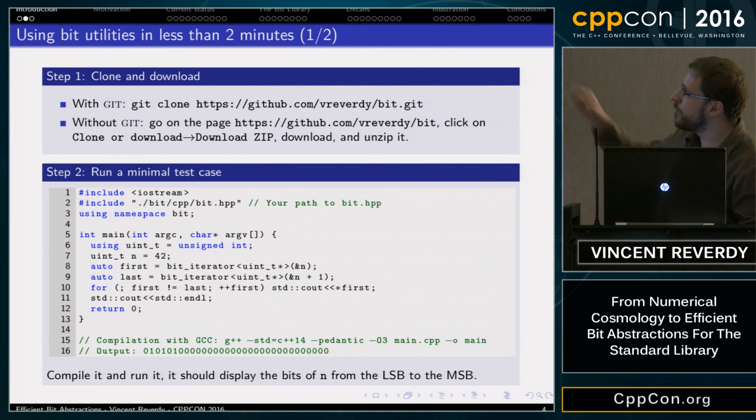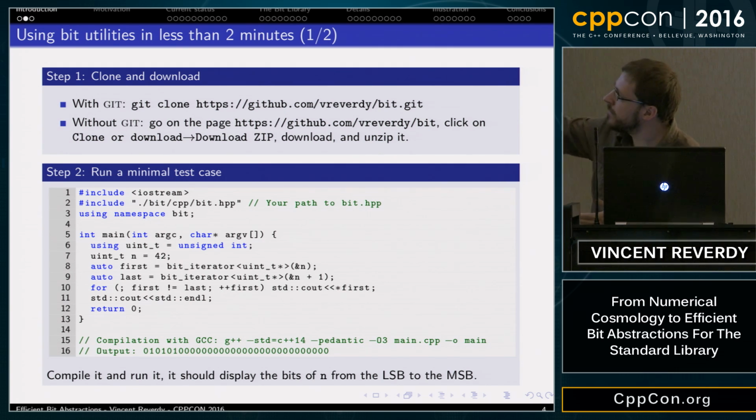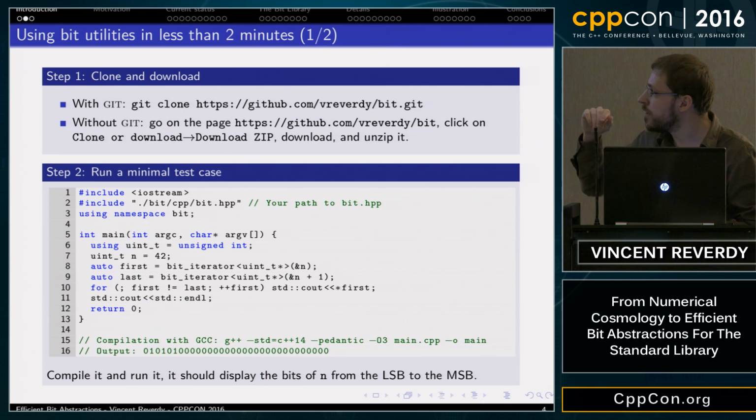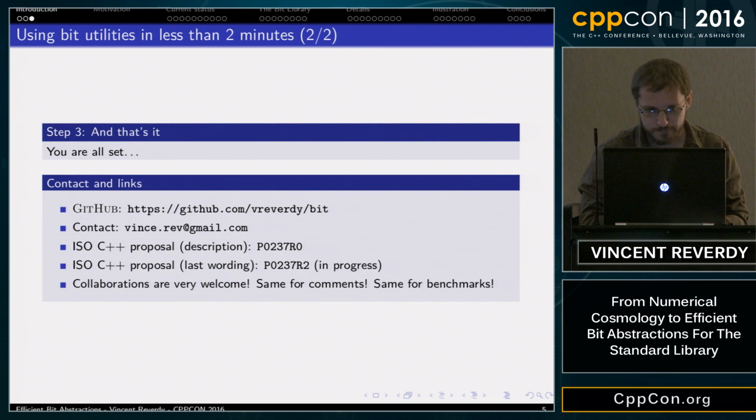And then we iterate through the sequence of bit iterators. And in one line, we managed to display the bits of 42, starting at the least significant bit and finishing at the most significant bit.